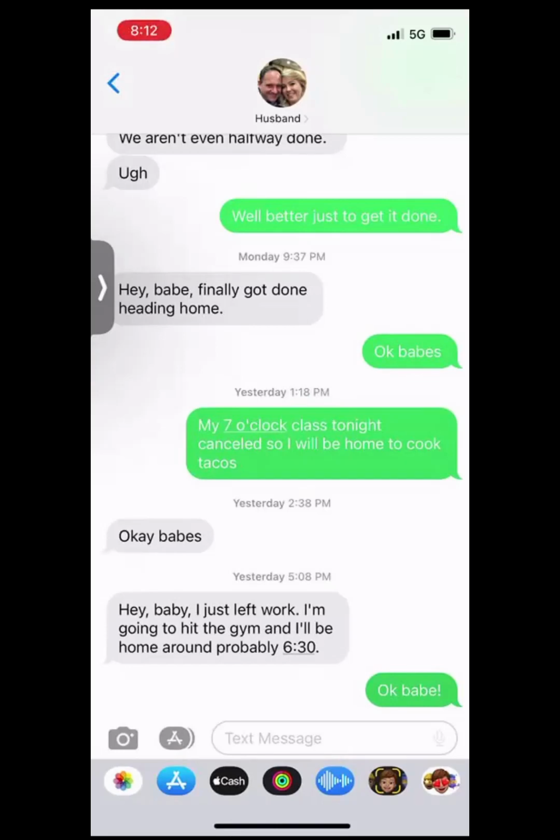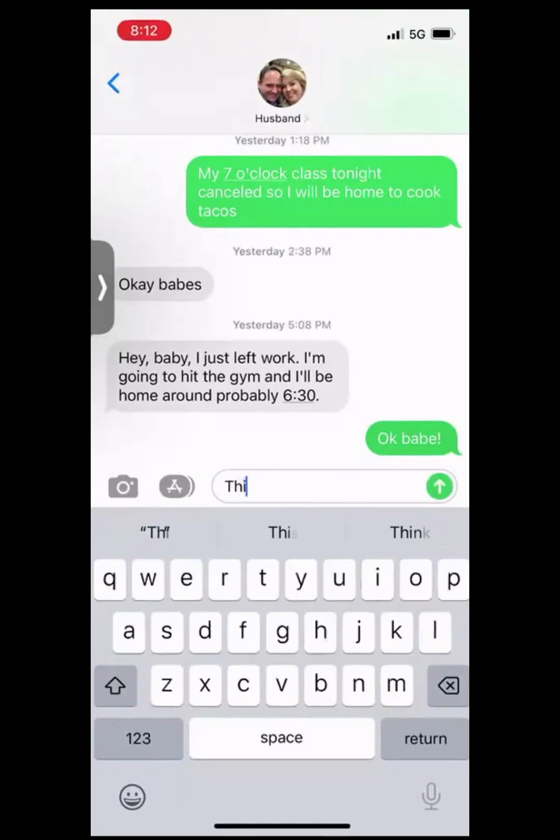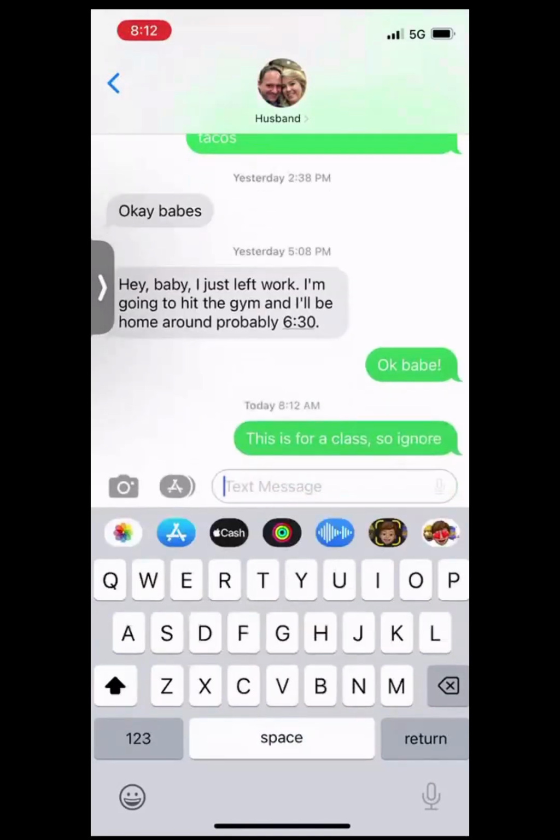Now, if I want to attach something to this text message that is not text, I mean, obviously, if I want to text him, I can just say, I'll just tell him that he could ignore the next few things that I sent him. So I can send him that. You can tell people you're getting a picture. So if you want to attach an image,